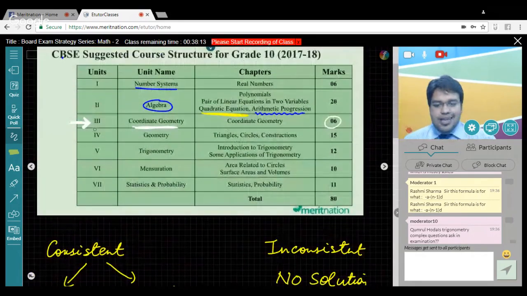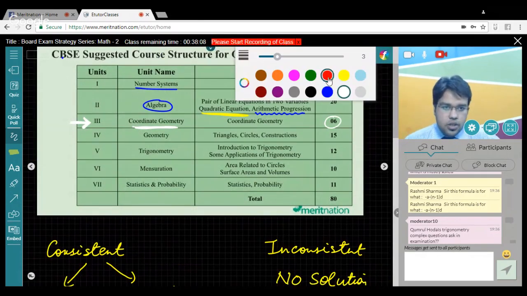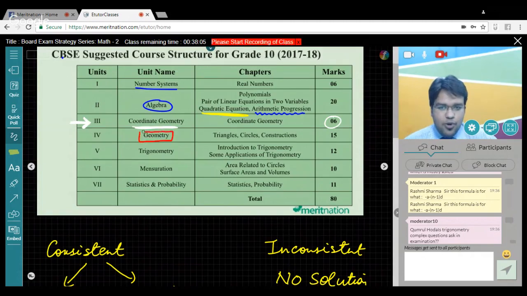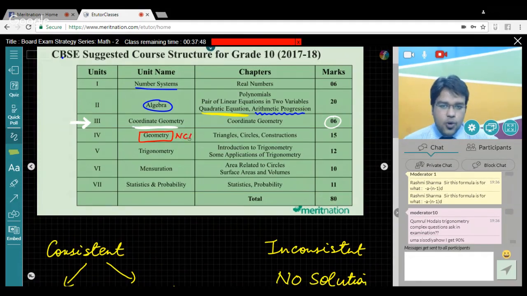Now moving on to geometry. Geometry is one of the most vital topics because I'm sure every one of you has faced a point in your life where you're not able to solve a geometry question, you're not able to get what is happening in the diagrams. There are too many variables, too many thetas to work with. So for geometry, I would say stick to your NCERT. Do not go beyond your NCERT, especially for triangles, circles, and constructions. If you can do each and every NCERT question thoroughly, for geometry I can say for sure you are good to go.